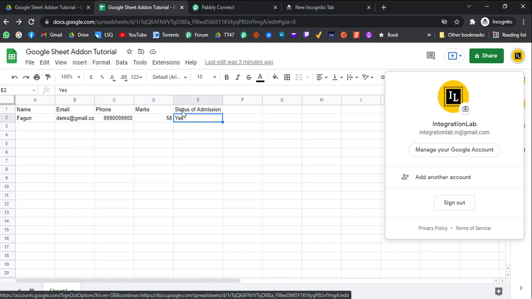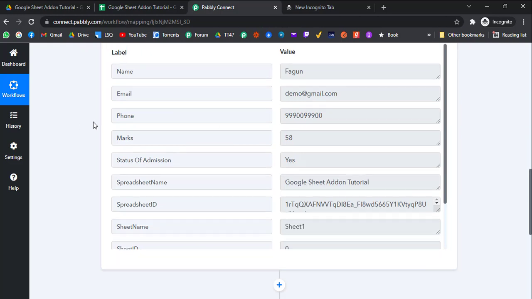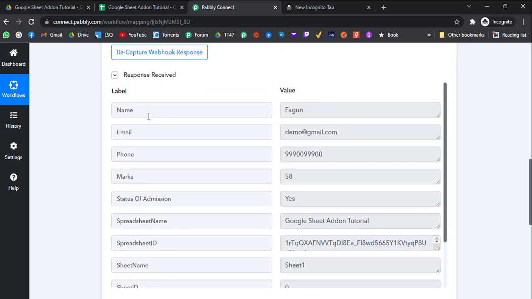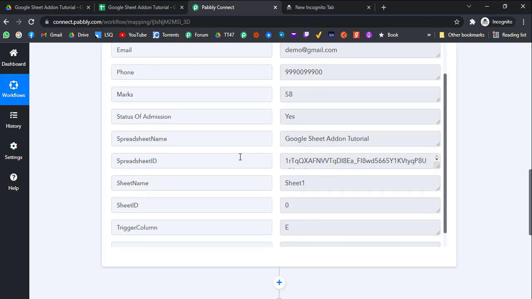Okay, now let's go to Pabbly Connect and see what type of data we exactly captured. So basically first we can see that we captured all the columns that were present inside the Google Sheet, till the status of admission. Now we also got the spreadsheet name.